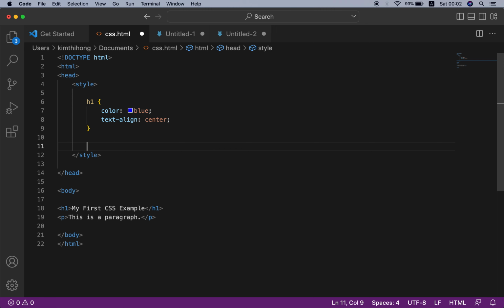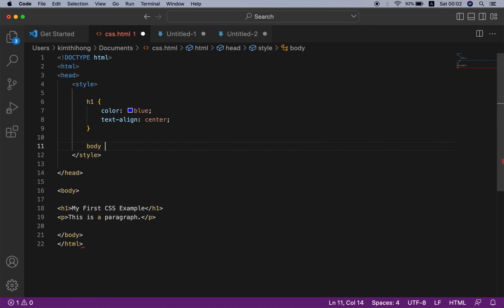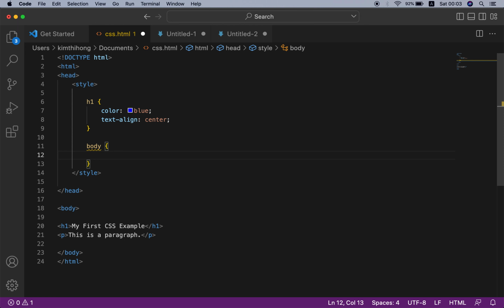Now if we would like to change the background color of the whole body, the selector is body, and we have a declaration block inside curly braces, and inside the declaration block we can declare a CSS property with a name.